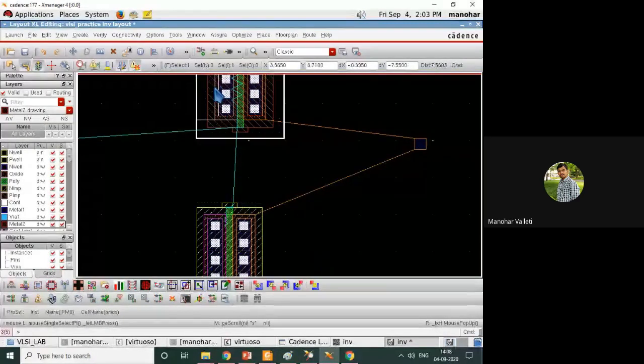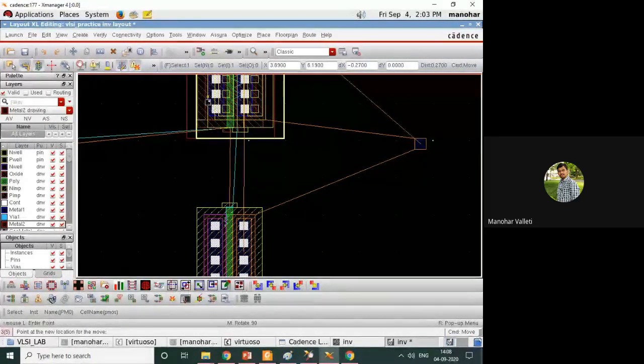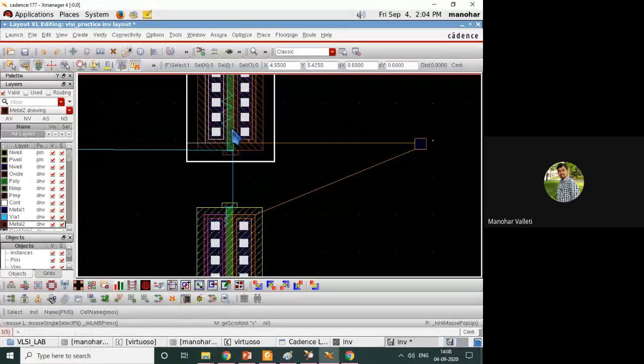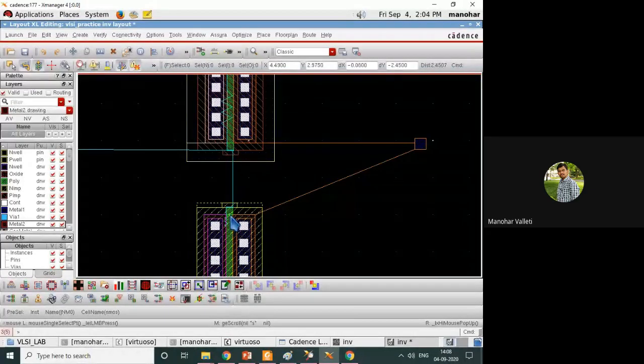So now, the first easiest way is that you need the area, and the connections are very important here. There won't be any mismatch from one connection to another connection. So we need to always take care of that also. First, for easier doing, I will go for the gate connection, poly to poly. So this is polysilicon, and this is the polysilicon of NMOS, and this is the polysilicon of PMOS.